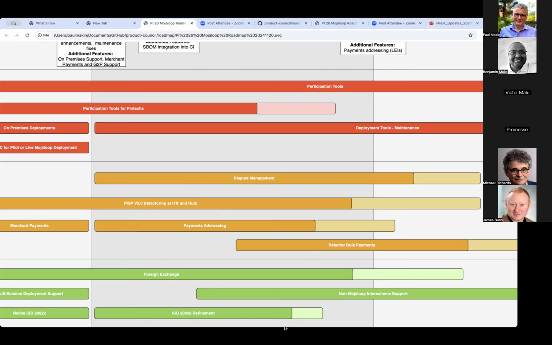So it needs refactoring at the ITK in the hub, and just updating it to the PISP API 2.0. So that's become a higher priority.